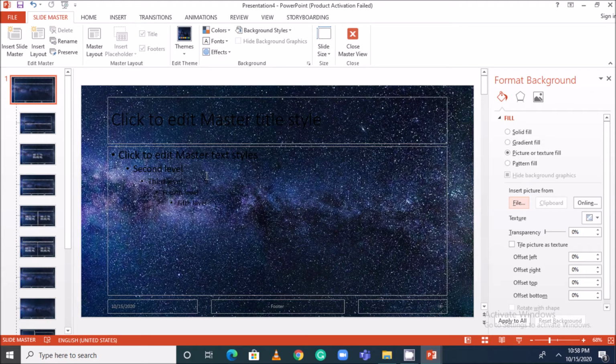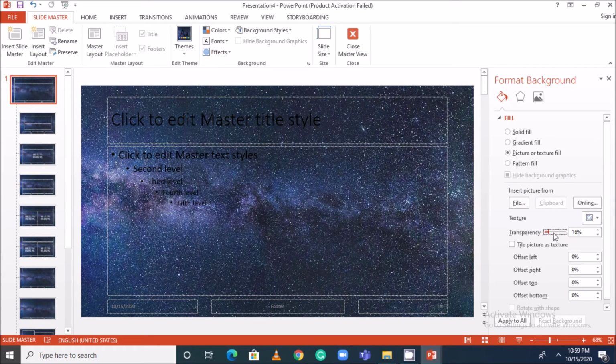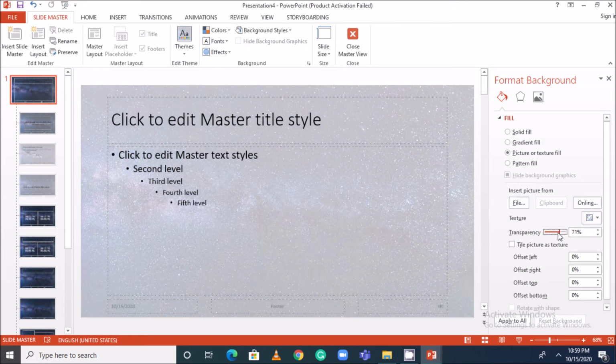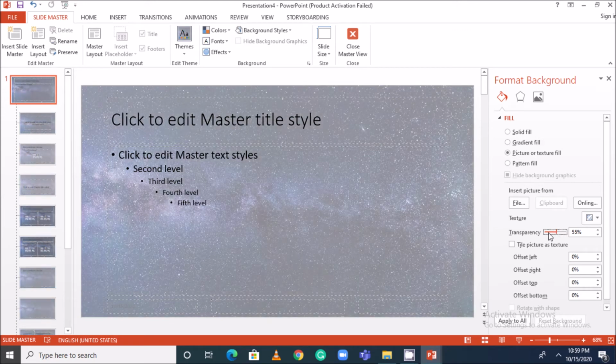But you have to make sure, if you are using an image as your background, consider increasing the brightness of the image until it becomes very light or washed out. Now from here, even the transparency level you can increase, right? In this way you can change the transparency level. Otherwise the text available on the slide is not clear.